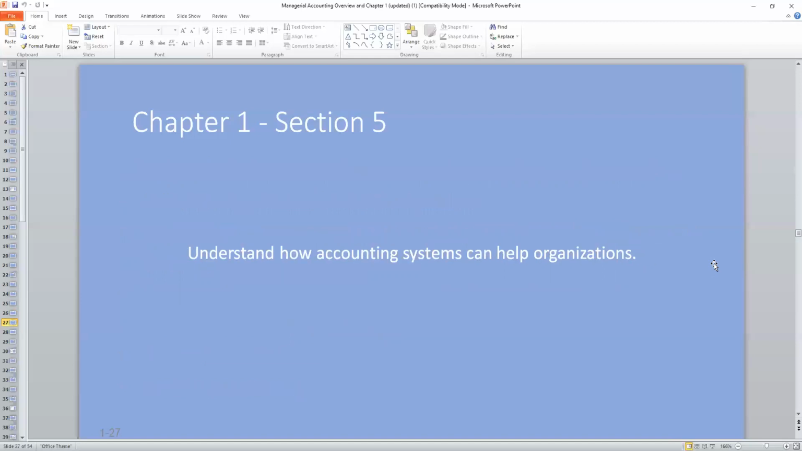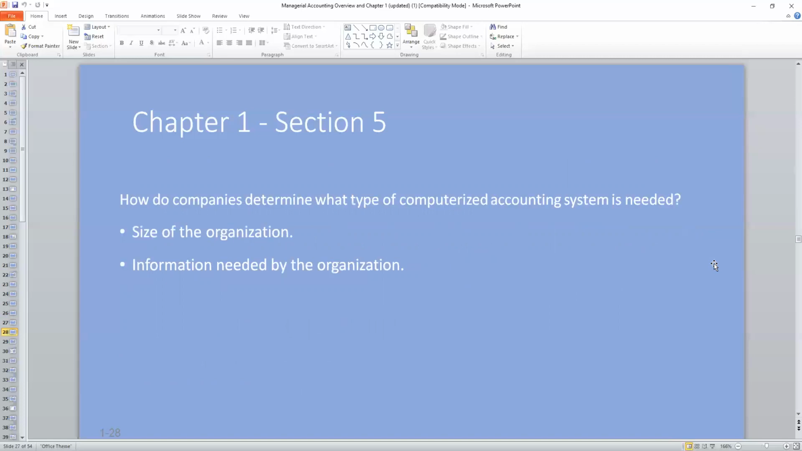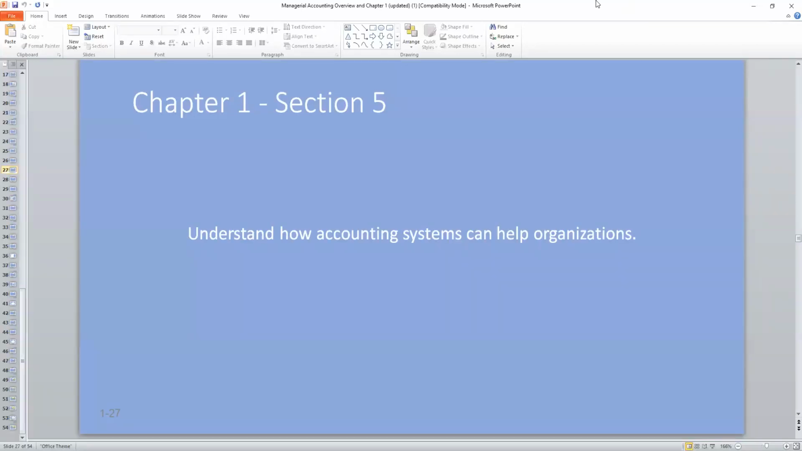One of the final things talked about in chapter 1 is how accounting systems help organizations. It is certainly beyond the scope of this course, but one of the things we should recognize is that the accounting profession has been very adept and quick to embrace technology, and that has really helped the profession enhance the services it can provide to the organizations